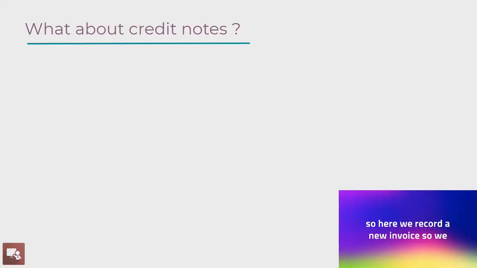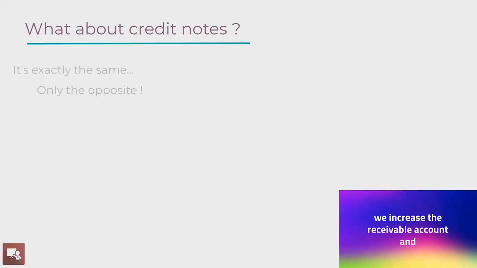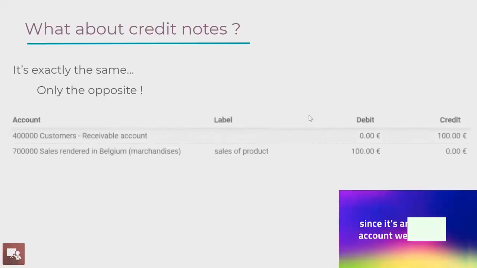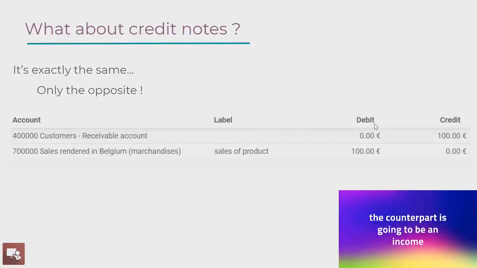The entry is exactly the same, but only the opposite. What I mean is that it's going to be the same accounts. So you're going to have again a receivable account, which means since we decrease the receivable account, we credit it. So we decrease the amount of debt that the customer owes by crediting the account. And of course, we also decrease the amount of income that we made from this transaction, so in that case, we debit the account. So remember always the